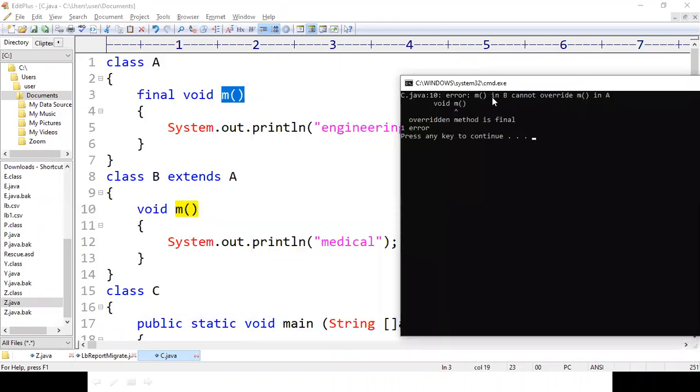See here. There is an error at line number 10 of C.java. The name of the error is "m in B cannot override m in A". Overridden method is final, which means you have declared the method m as final in class A, so that the method m cannot be declared in class B, because the method m was declared with the final keyword in class